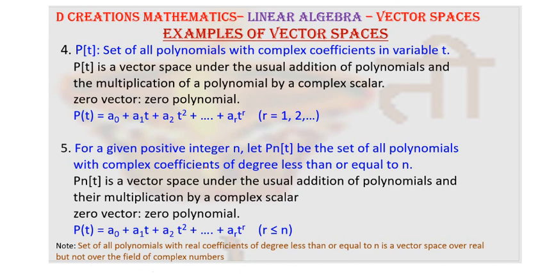Apart from that, there is something important that I would like to mention, and that is this term less than or equal to is very crucial. If you don't use it, then you will not get a vector space. Because if it is of strictly degree n, and then if you add two polynomials such that the coefficients of the nth degree cancel each other out, then you will not get a polynomial of degree n. So this term is very, very crucial.